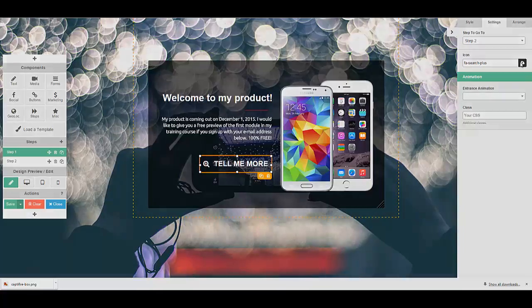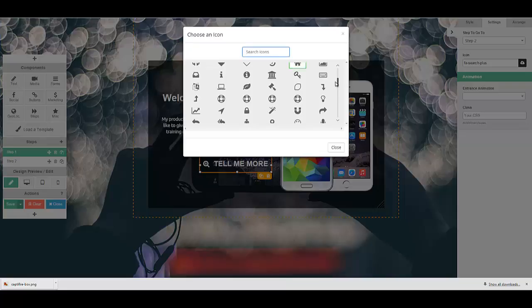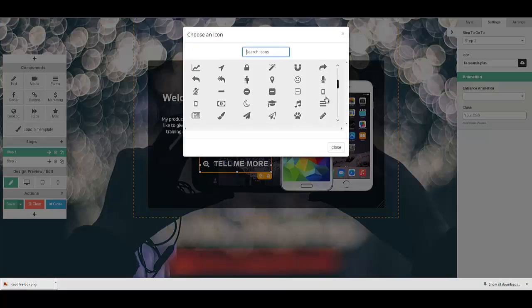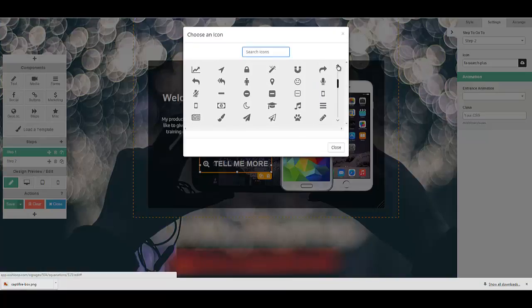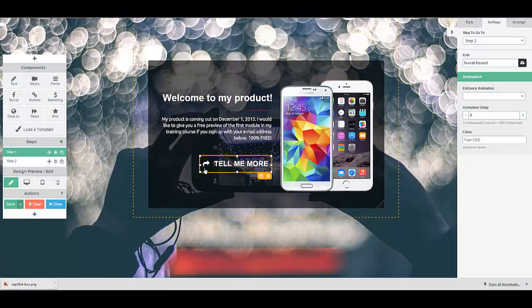And here you can change the icon. So instead of the hourglass, let's see, I could have this. See how that changed over here? Okay, so,